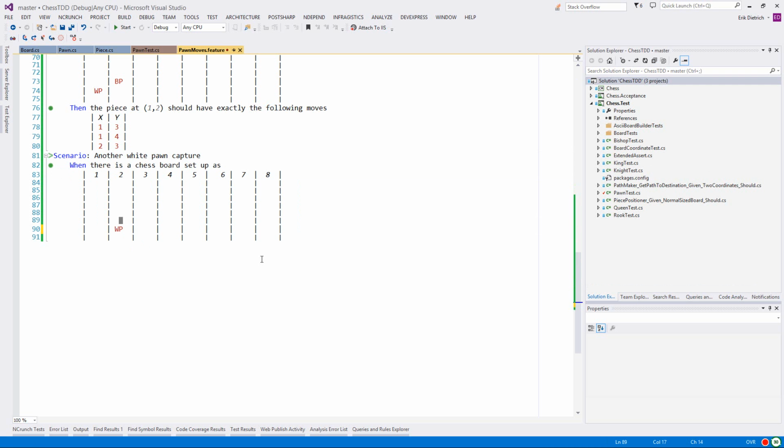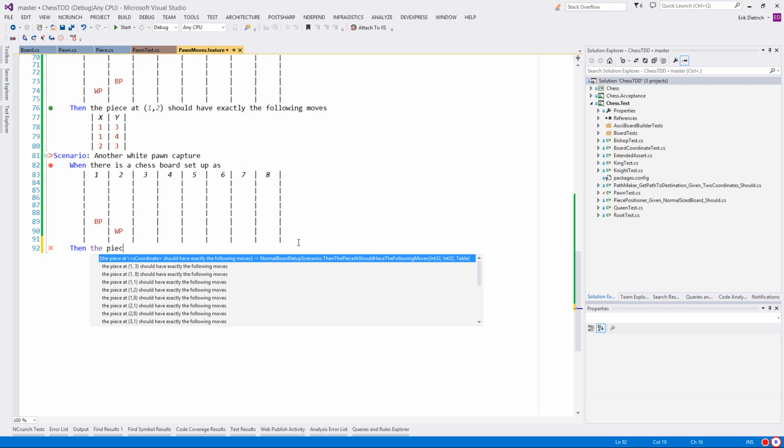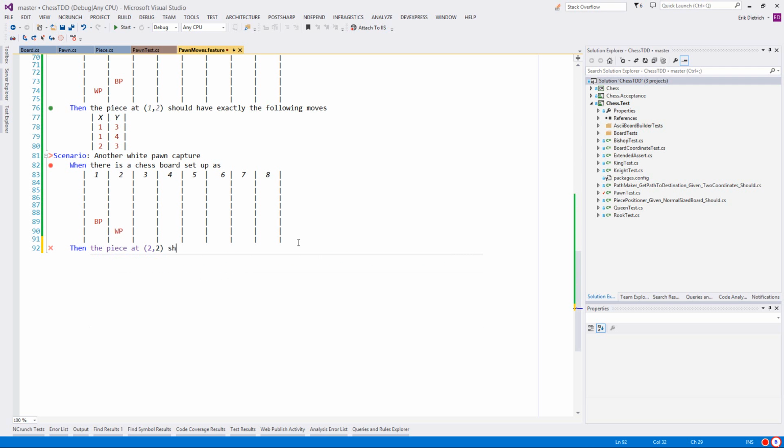Okay, so moving on, let's talk about a left one, up one capture. So I want to say here that, and again, I don't remember. That's why I like actually doing this visually, it's very helpful. Even looking back at my own coding recorded, I can see easily what I'm testing here. And I know that I should get those two moves in front of the white pawn again. So 2-3 and 2-4. And then I should also have 1-3, which I think I don't have because I didn't do that